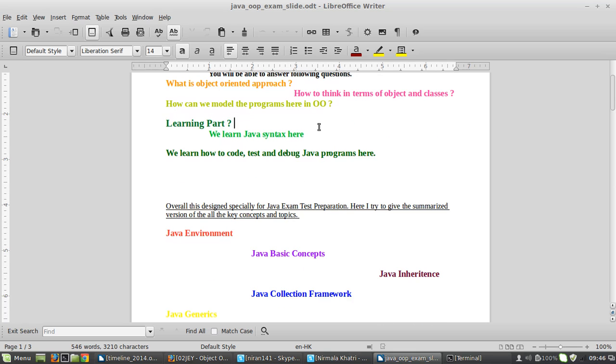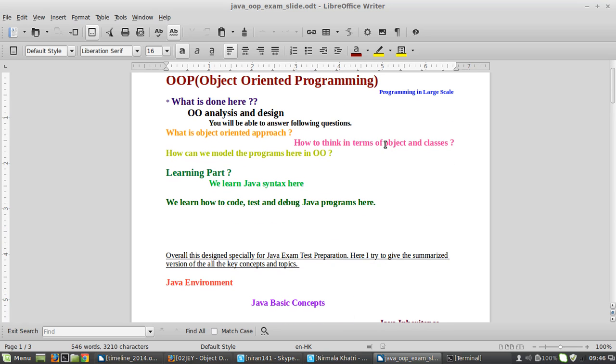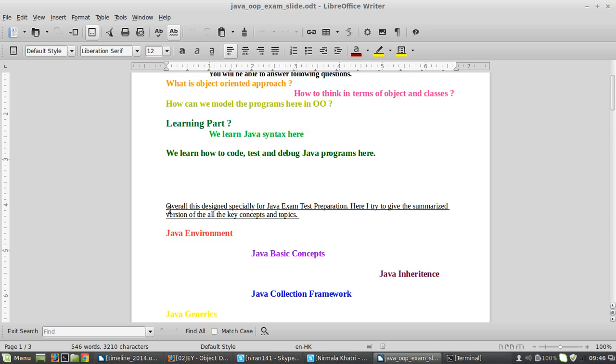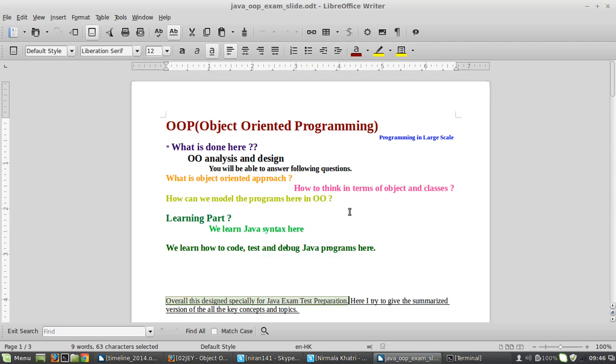So the learning part, and what is the most important learning part here, is we learn Java syntax. We learn how to code, we learn how to test, we learn how to debug the Java programs, each and everything. So overall, this course is designed especially for Java exam test preparation, for all those students who are preparing for the Java examination. They should try this